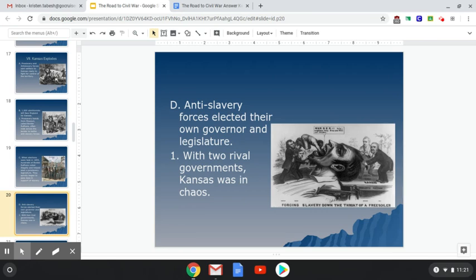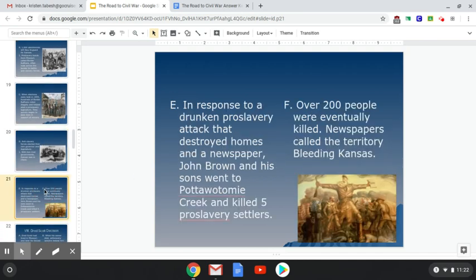But then the pro-slavery side decided to create their own form of government with somebody that supported their specific desires. So it was kind of like this one state, this one territory, this one section of the United States was being spread apart in two. You either had someone supporting your desires, or you were incredibly against it and had an elected governor that was going against it. Whether this was legal or organized, it was definitely not. So it was creating a lot of tension, especially in Kansas.